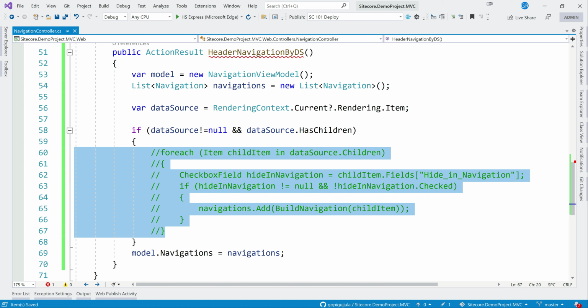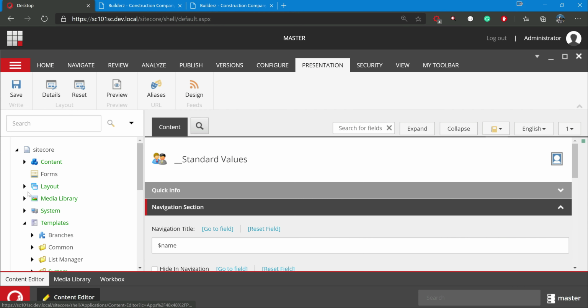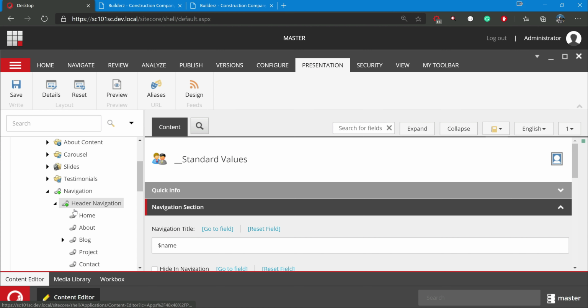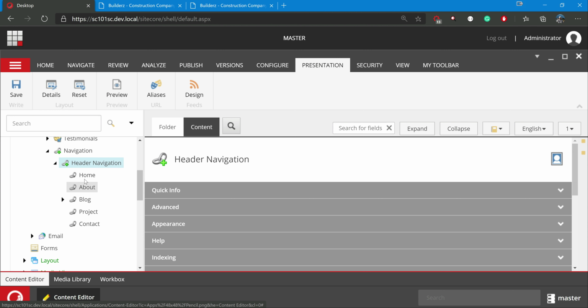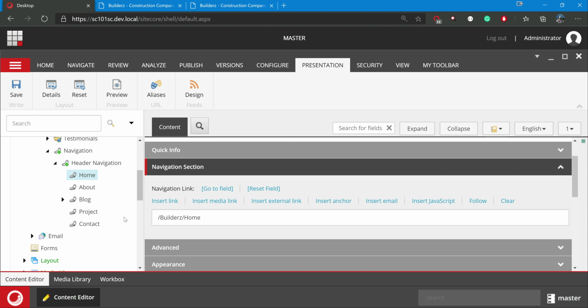So till here we know already we are building navigation, but with the data source, and we are checking data source has children. Okay, data source has the children. So from here, this is the data source item, this has the children, we can read the children, and each one is mapped with one navigation link, which is a page. So each one is mapped to a page. Either we can generate the link here, or we can go to the item and get all the details. Let's go to the item and get the details.